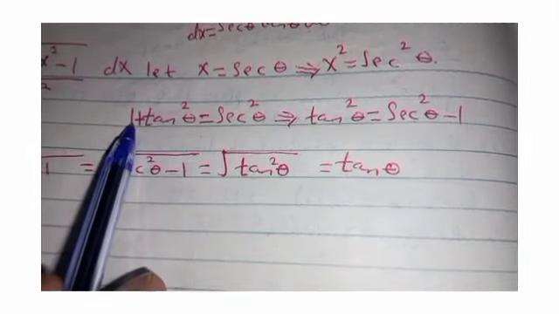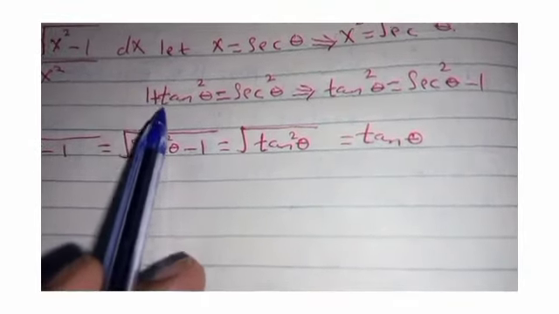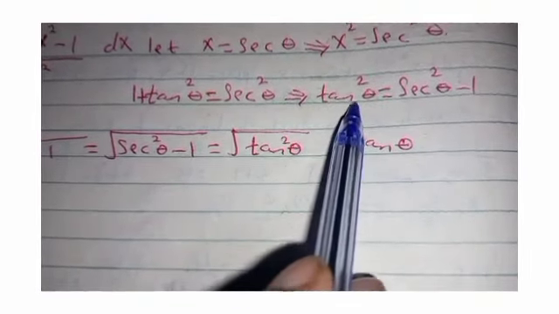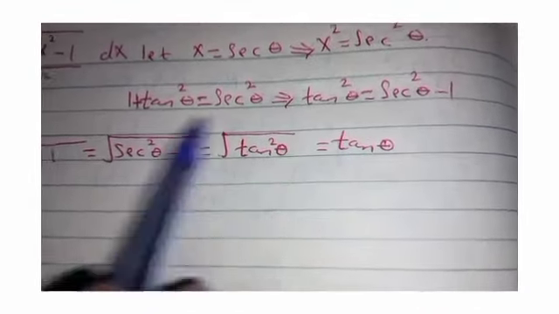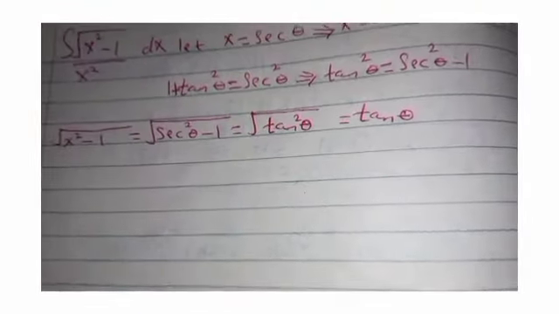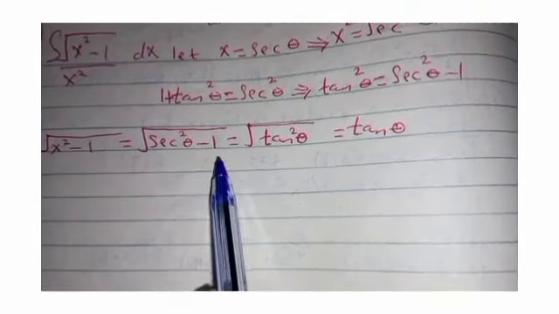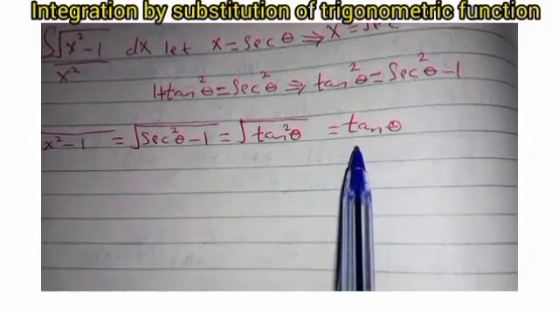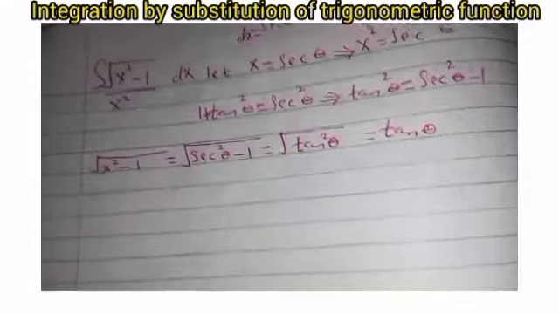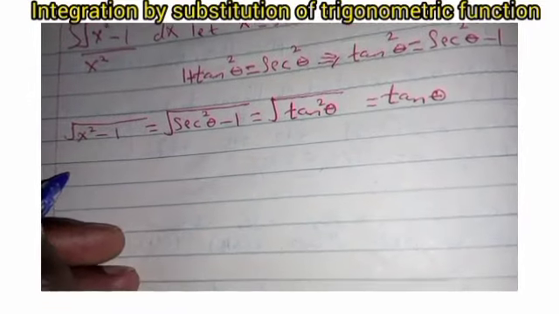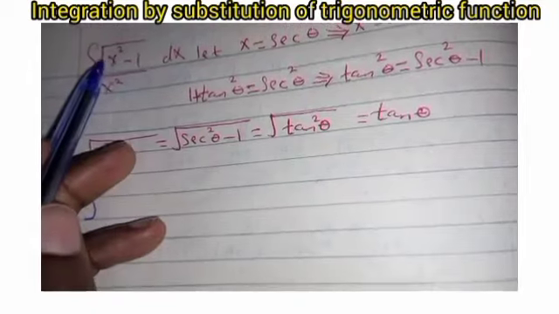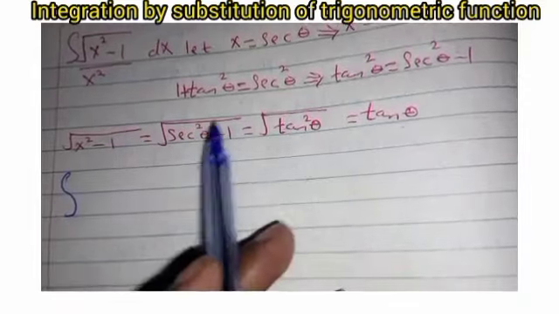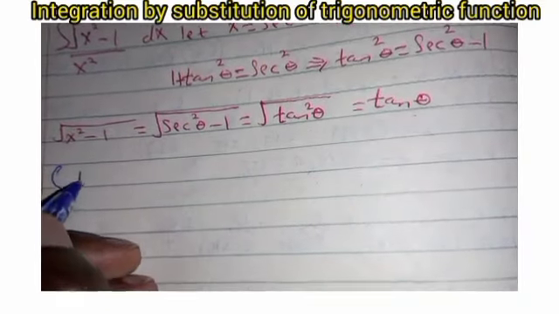Now, we are going to use this identity, which tells us that 1 plus tan squared theta is equal to sec squared theta, meaning that tan squared theta is equal to sec squared theta minus 1. So we substitute here where you have x squared with sec squared theta minus 1. From here, it means the square root of tan squared theta, which is equal to tan theta. Then we are going to make the substitution there. Instead of the square root of x squared minus 1, we are going to substitute it with tan theta from this simplification. So you have tan theta